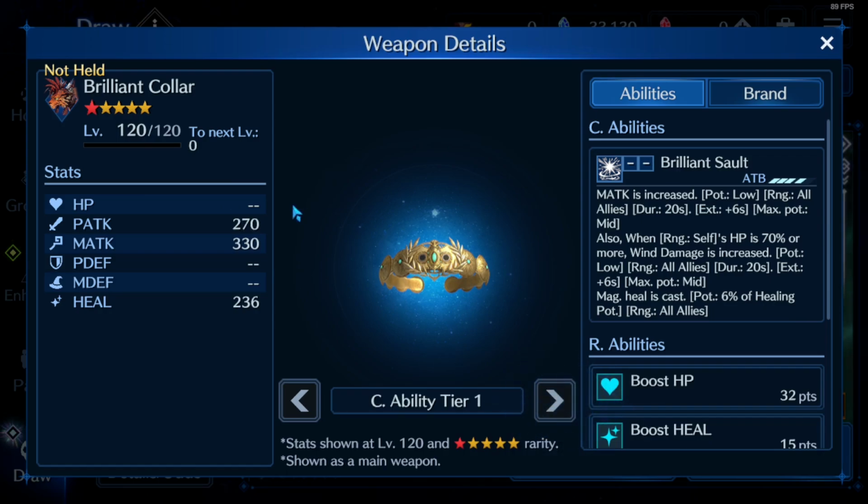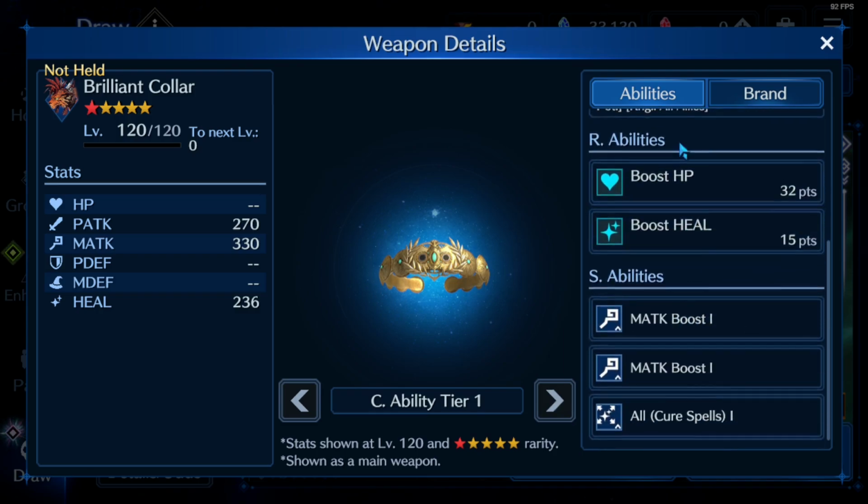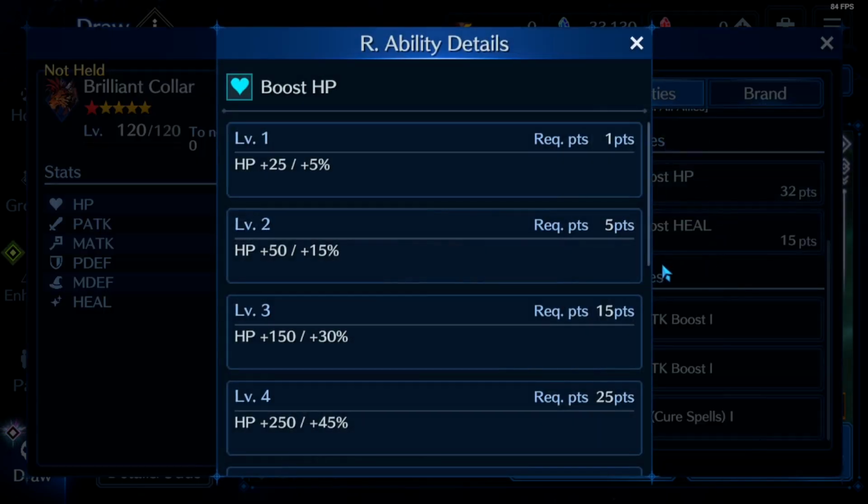So what happens is we level this thing up. Alright, so at OB1, M attack stays low to mid for 20 seconds. And again, wind damage is low to mid for 20 seconds. 6% healing. You have a boost HP of 32. Now,